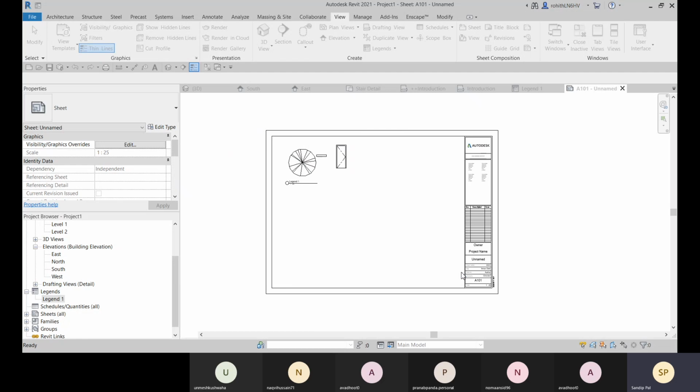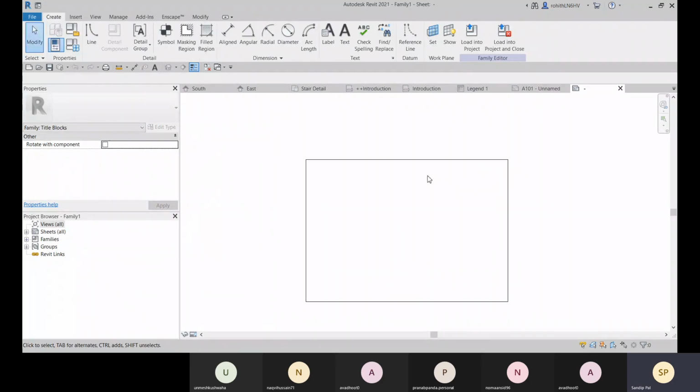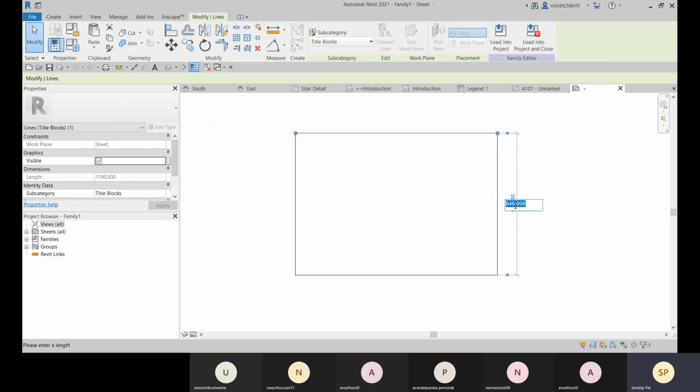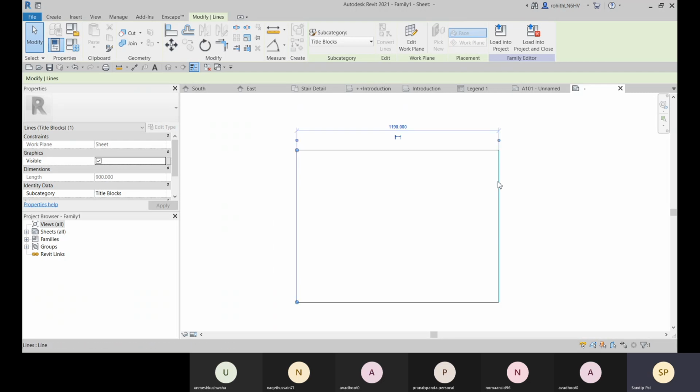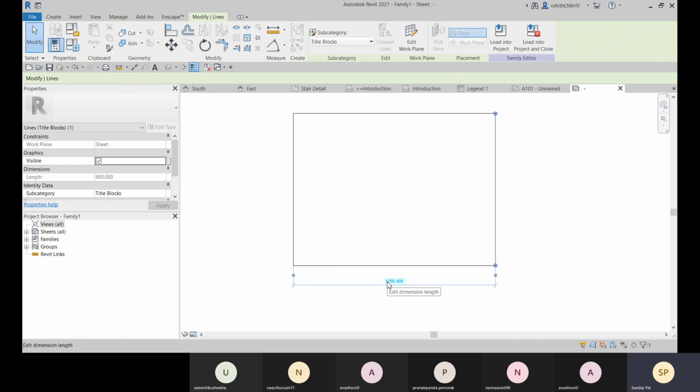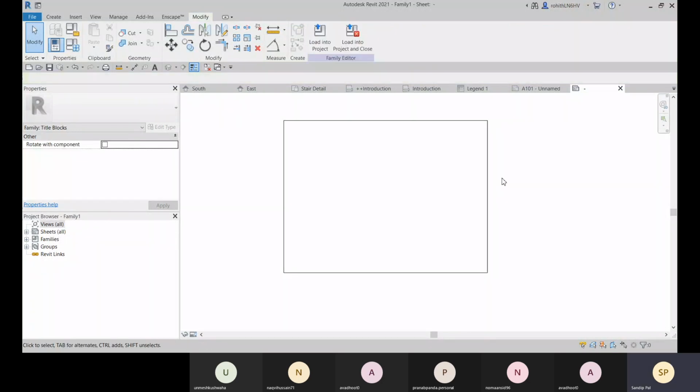Okay, so I can open this A0, and if I need to change it, I can change it from here. Like this is going to be 900, and this one, let me select this one, I want to stretch this out, so I'll select it. From this temporary dimension, I can change it to 1200, so right now I have the size 900 by 1200. If I have the requirement to create this paper size, I will create it like that.